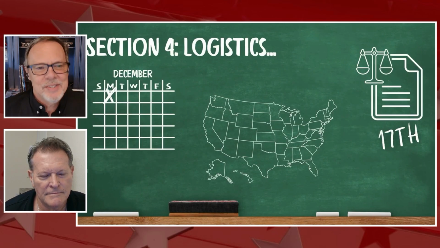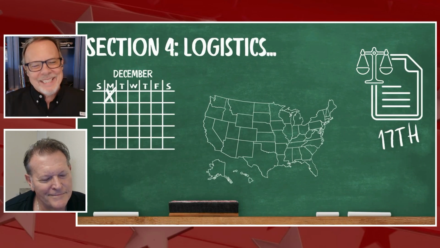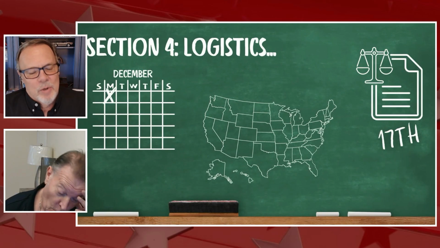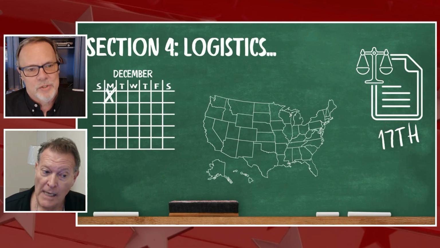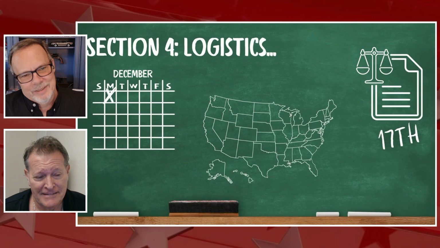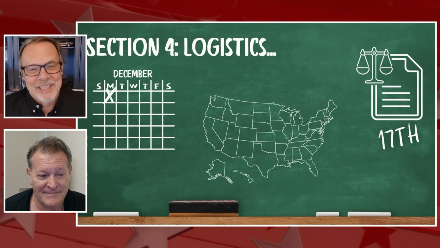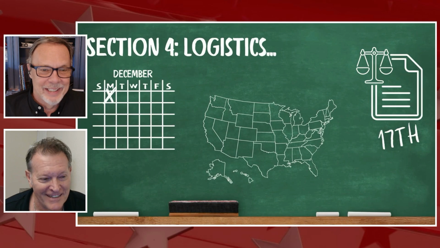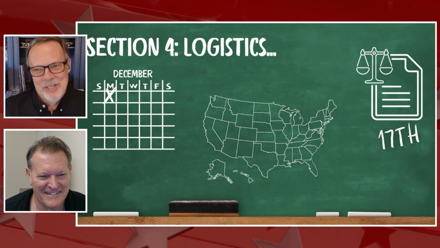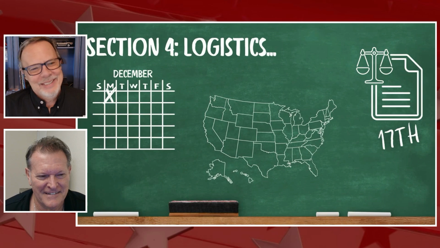Section 4, logistics. This cracks me up because originally I don't even know if I can say this with a straight face. Congress was supposed to be a part-time job. It was expected that senators and representatives would hold down careers and occupations, and once a year they'd kind of cruise in and meet and take care of business and then go back to work. In fact, the only thing stipulated originally was that they have to meet for at least, ready, 1 day. And that happened to be the first Monday of December every year. Later, that got changed to January, but yeah.